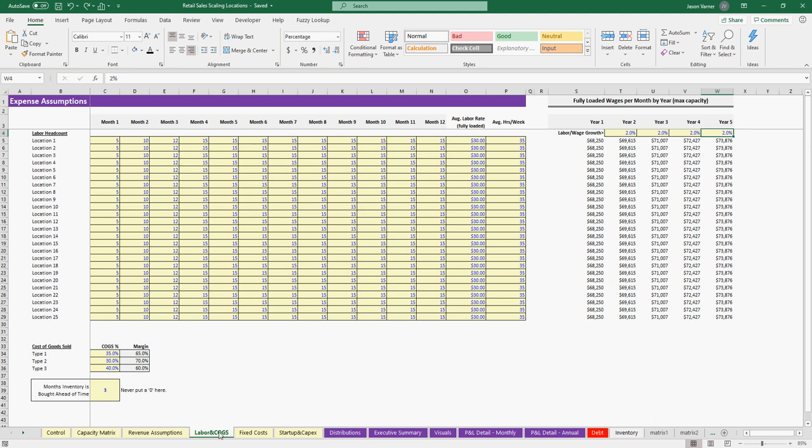So all right, labor costs and cost of goods sold. So here we're trying to say each location in its first 12 months, this is how it scales up for the number of laborers that it needs. Now you could do a different scale up for each location. They could all be the same. Right now, I just made all these go to 15, and then that's what it stays at,